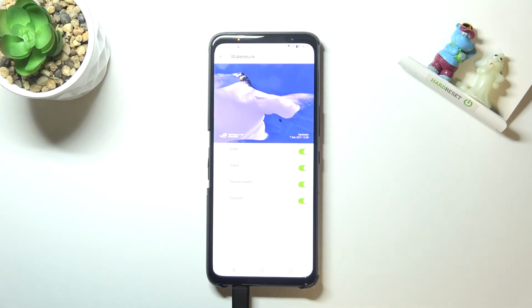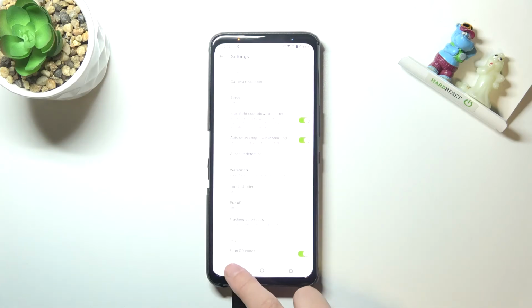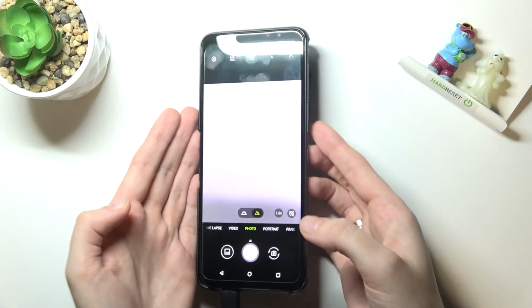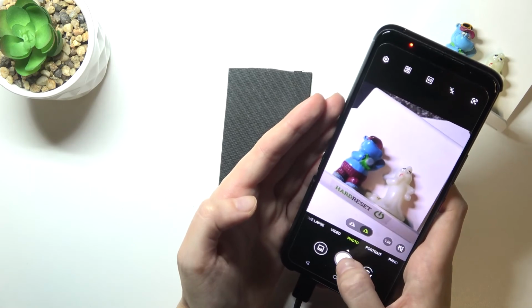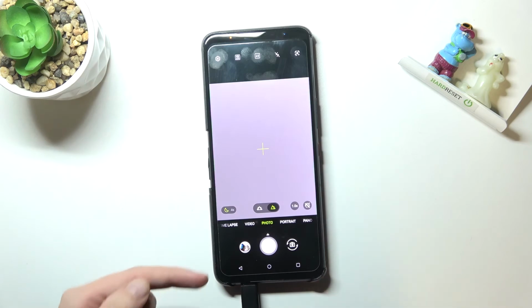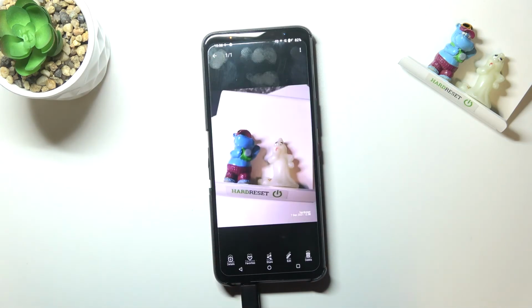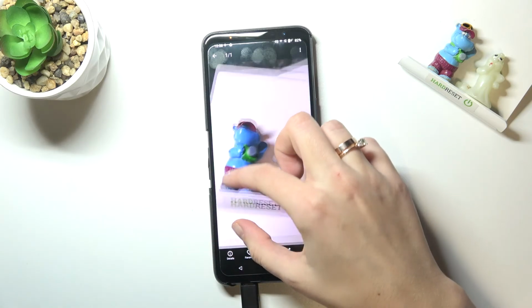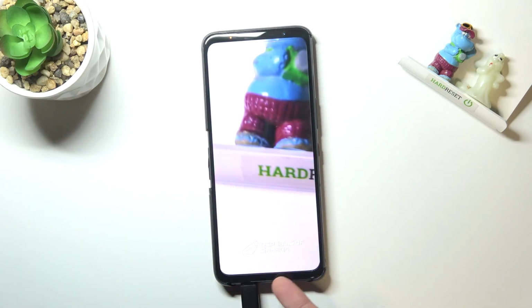Let me keep turning on all of them now, and let's also move to the camera to take a picture to see how they look like on the real one. To see the photo, let's move to the left to the button that takes us straight to the gallery, and this is my photo with watermarks at the bottom. Here we can also get closer to them,